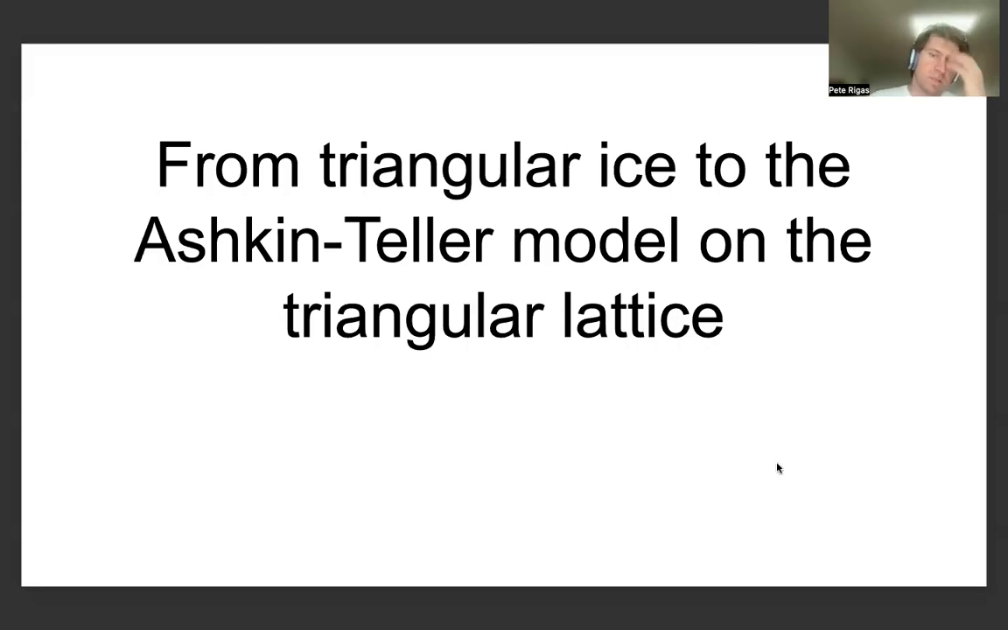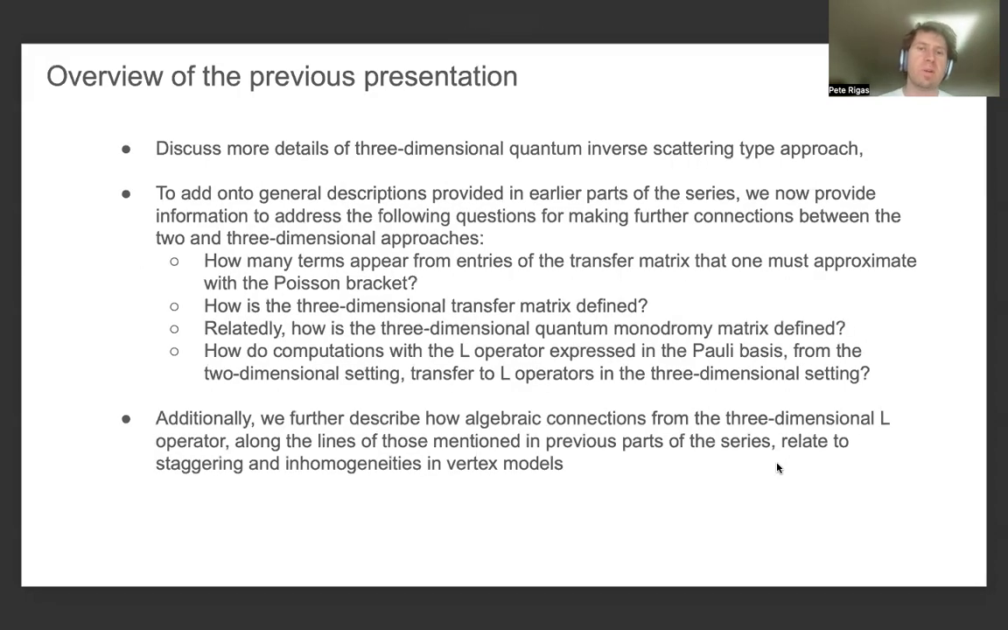The title of this presentation is From Triangular Ice to the Ashkin-Teller Model on the Triangular Lattice. To begin with the presentation overview, we'll be discussing some topics that were discussed in overviews and focuses of previous